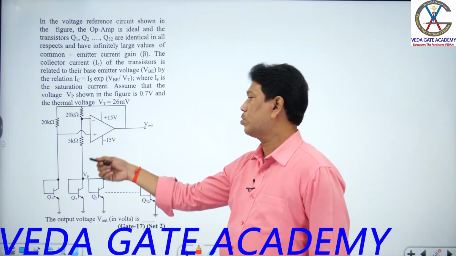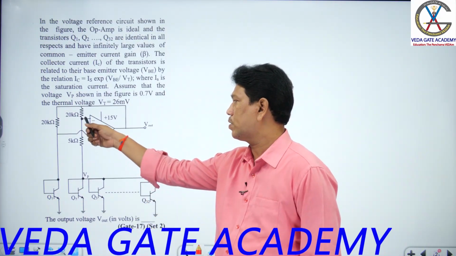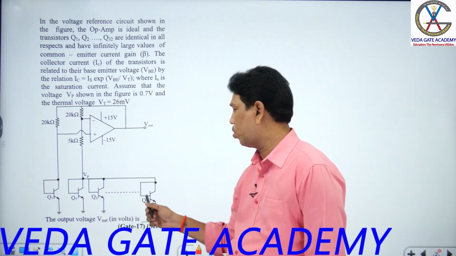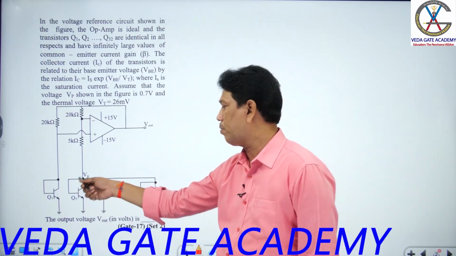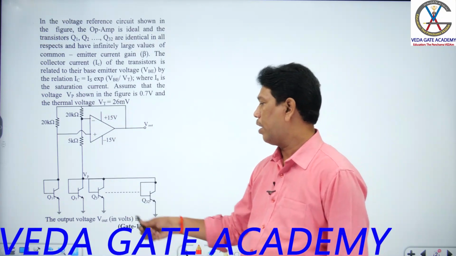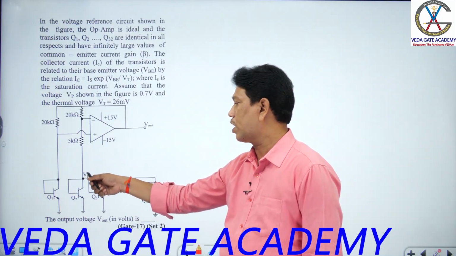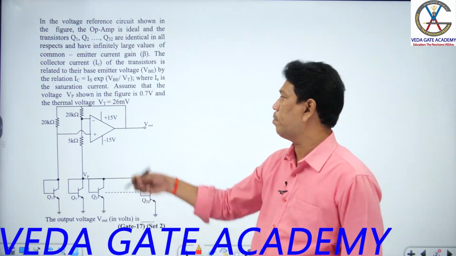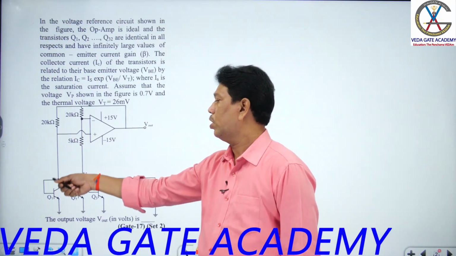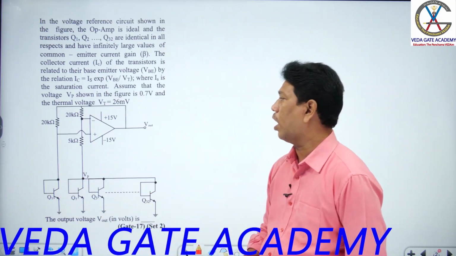So see this one now. Here the corresponding 31 transistors, Q1, Q2 to Q32 in total, are connected to the inverting node, and all are in parallel. So the base to emitter voltage of each transistor is equal to VP, which is already given as 0.7 volt. To the non-inverting node, only one transistor is connected, that is Q1.